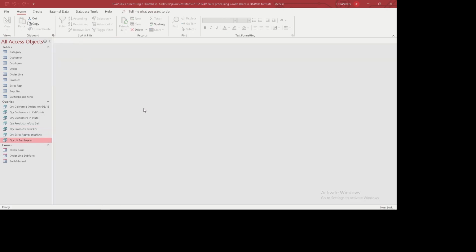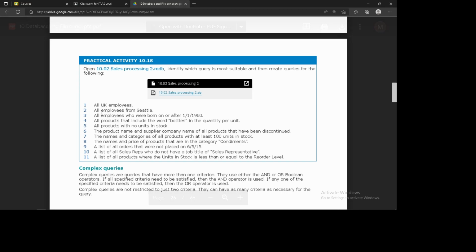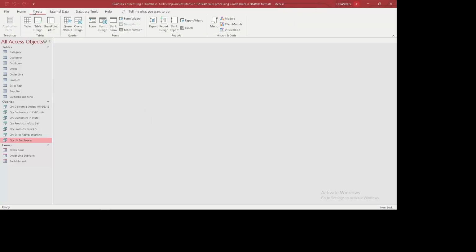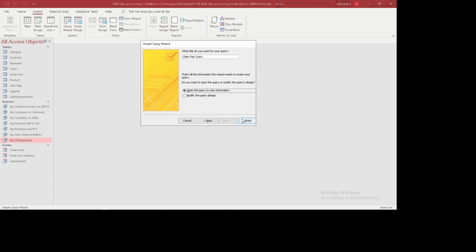I'll do one more with you guys. So create a query for all the following: all employees from Seattle. Okay, so create query wizard, and we will use employees. And we need to say from the city if it's in Seattle, and then from our sales rep, we're going to use the first name, the last name, and that's actually all we need. And I'm going to call this query, what do we say? Seattle